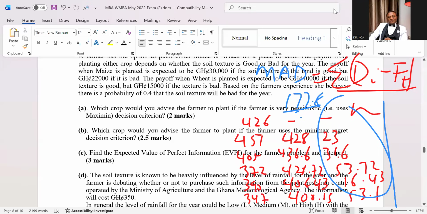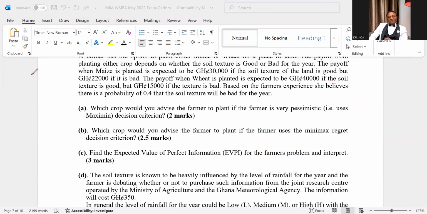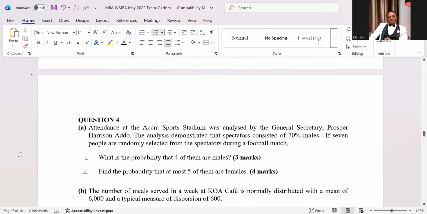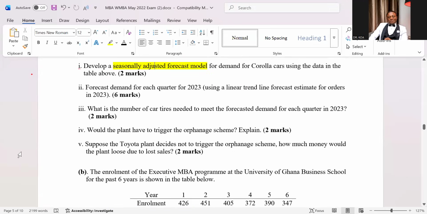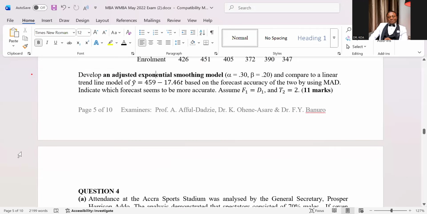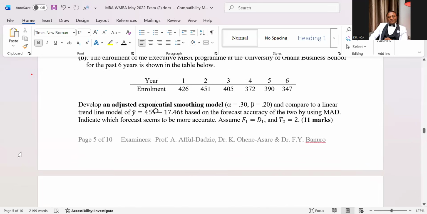Please, before we move, the sum for the formula MAD is the sum of D minus F over N. I've gotten the sum of D, and then the N, the minus F. You do the minus before you sum. You don't sum separately. You do the D minus F, D minus F, D minus F, D minus F. Okay. All right. Thank you. Exactly. That's what I was doing with her.